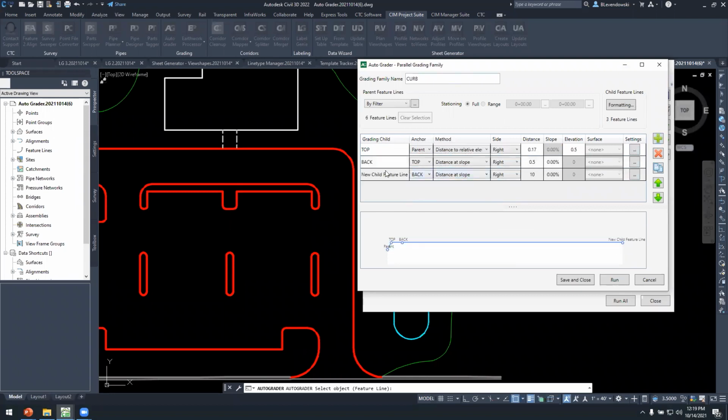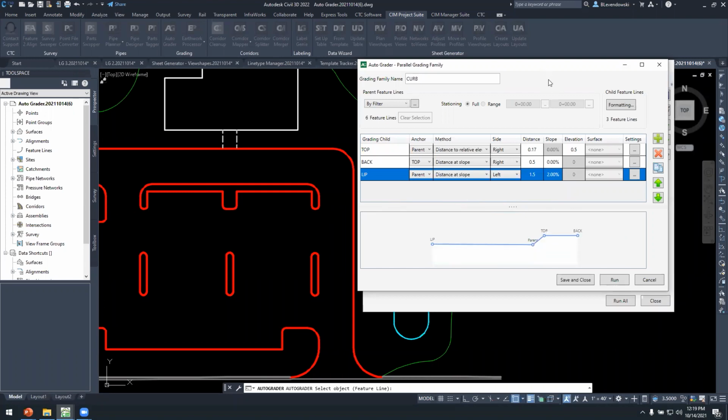And then let's do the lip of curb. And this one we're going to anchor to the parent because we want it to go to the other side. So the red lines that I have drawn are my gutter lines. And then from there, I'm going to generate 3 other feature lines for each and every parent. So we're talking 18 feature lines that we need to create here. And normally I'd manually step offset all that stuff